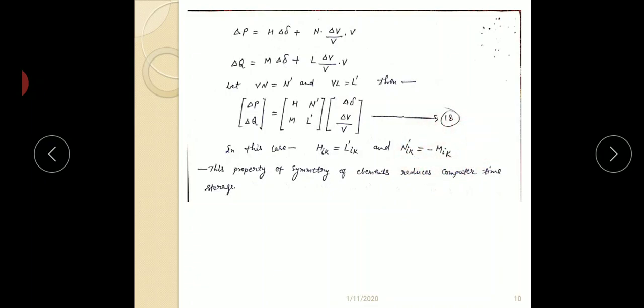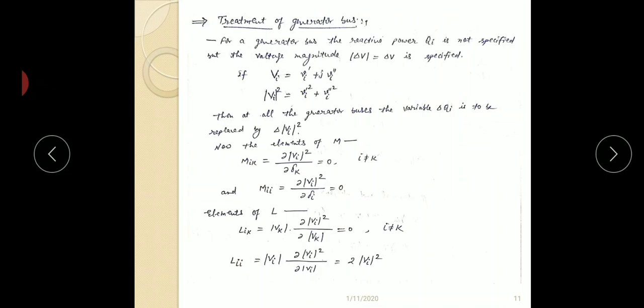So this property of symmetry of elements reduces the computer time and storage. Okay, now treatment of generator bus. This is the part of Newton-Raphson method. For a generator bus, the reactive power Qi is not specified, but the voltage magnitude